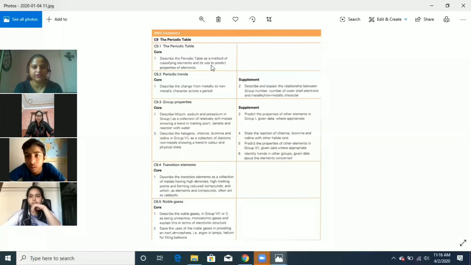Today we will learn the periodic table, in which we learn the arrangement of element in the periodic table, how we arrange the element in the periodic table. Then we will learn the change in metallic and non-metallic properties according to periodic table, in which we will learn the group, period, group number, number of shell, the relationship between the outermost electrons and the valency and the group. We will learn transition element, noble gases, alkali metals and halogen. As you can see in the screen.